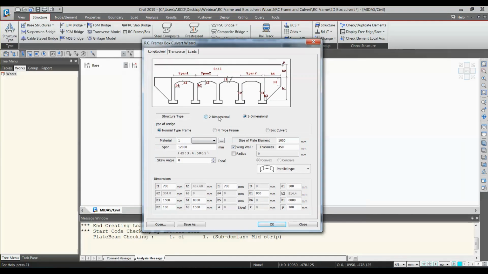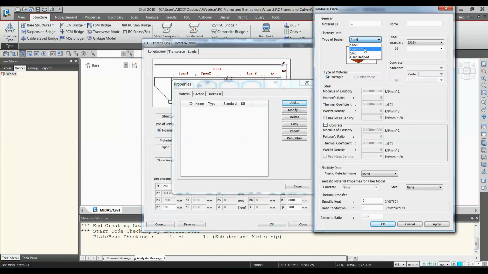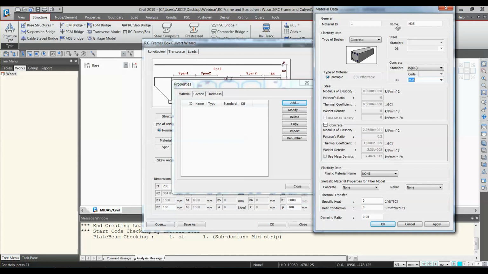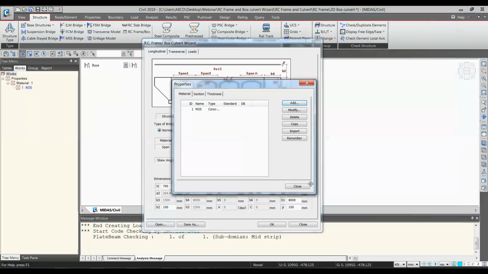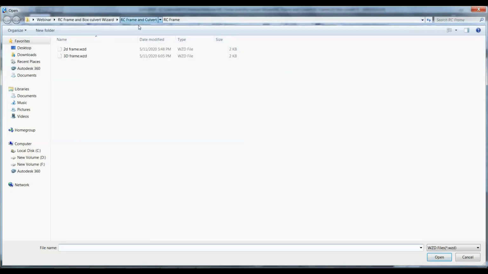We'll use 2D. Okay, I have deleted the material. So let's create material. Okay, now let me open the existing wizard file.